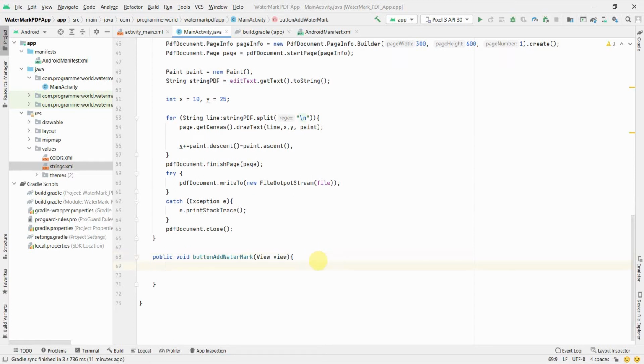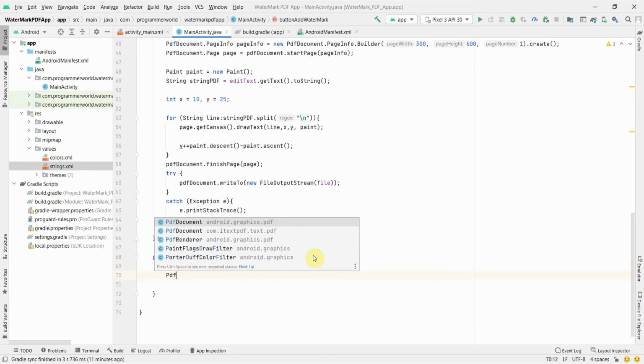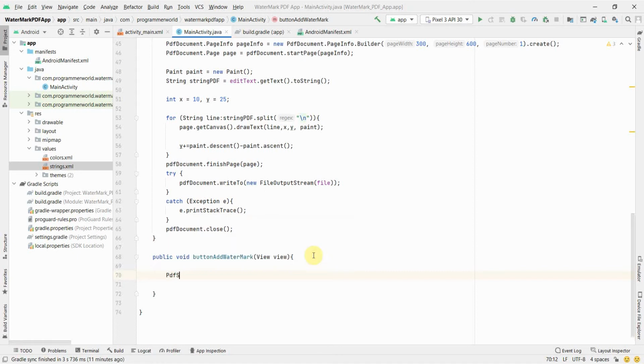watermark. So to add the watermark, something we need is a class called pdf stamper. So if I just add pdf stamper, this is a part of the iText library, so it may not immediately come up, so you may have to type and then it will prompt you to import that particular class.